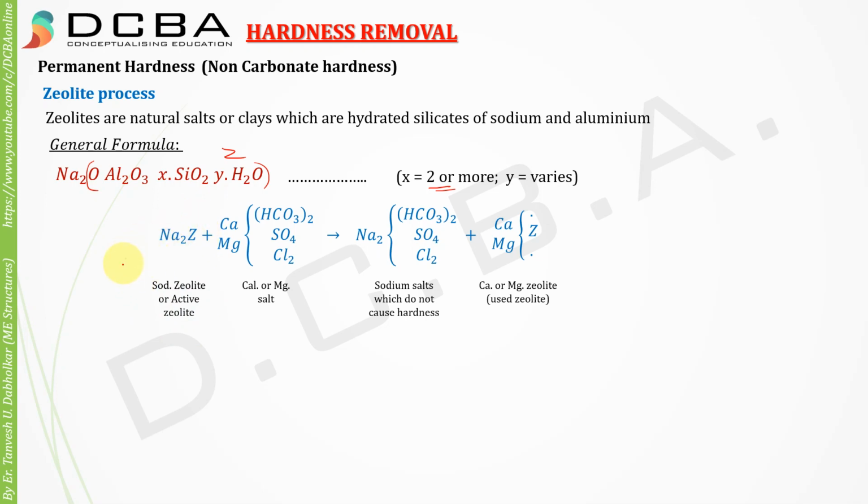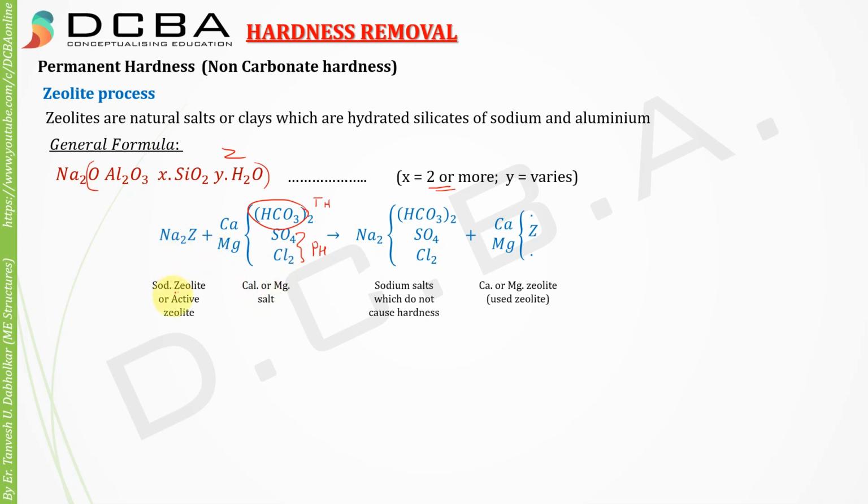Now when the sodium zeolite is added into water, or when water is passed through sodium zeolite, and if it has hardness, then this Ca or Mg, correct, the hardness is of either calcium or magnesium salt, right, and CaHCO3, that is calcium bicarbonate or magnesium bicarbonate. What is this? This is nothing but your temporary hardness, right? CaSO4, MgCl2, what is this? This is permanent hardness, right? Or non-carbonate hardness. This is your carbonate hardness.